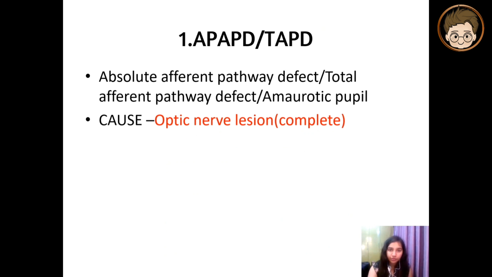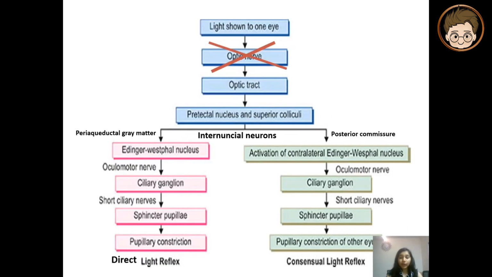Moving on to the first defect, the absolute afferent pathway defect, or total afferent pathway defect, otherwise called amaurotic pupil. Here, what is the lesion? Since it is absolute, there is a complete optic nerve lesion. Here you can see that the optic nerve is lesioned. So what happens? Both the direct light reflex and the consensual light reflex of that particular eye